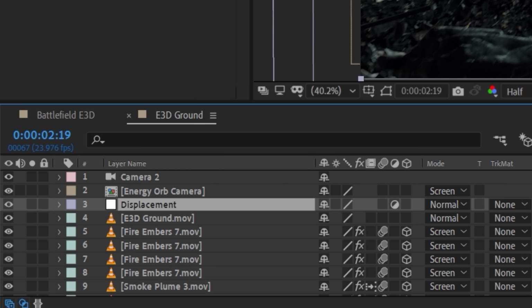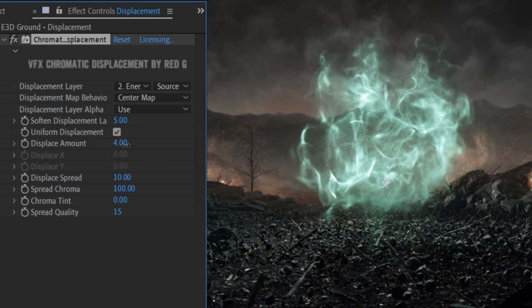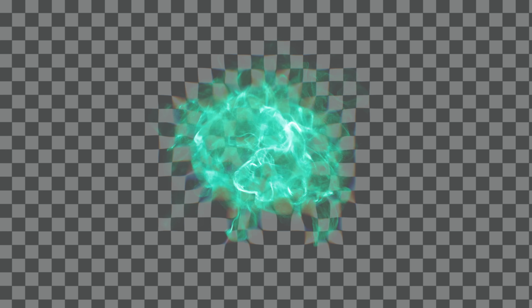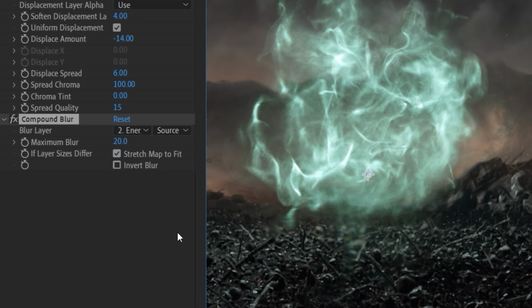There are a lot of displacement effects that you can use, but one that we really love is Red Giant's chromatic displacement, which can displace inwards and outwards rather than just in the X and Y, as well as adding chromatic aberration. But you can also add a compound blur for more effect, and this is what it now looks like